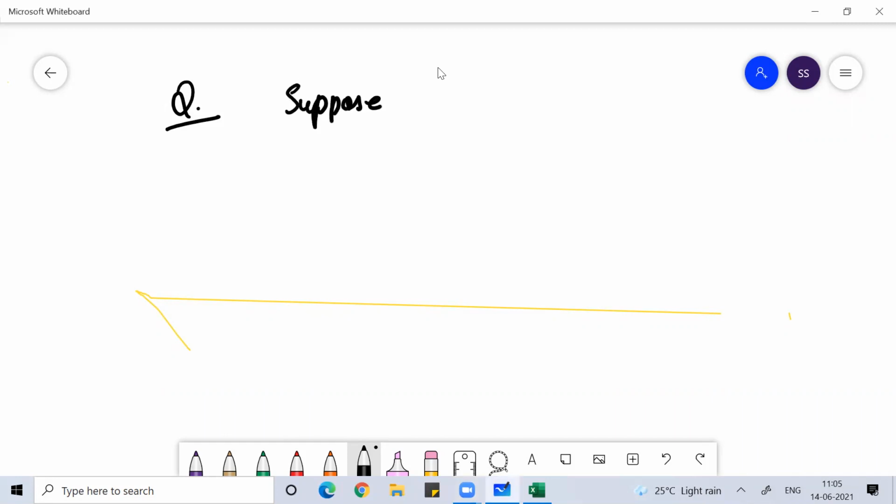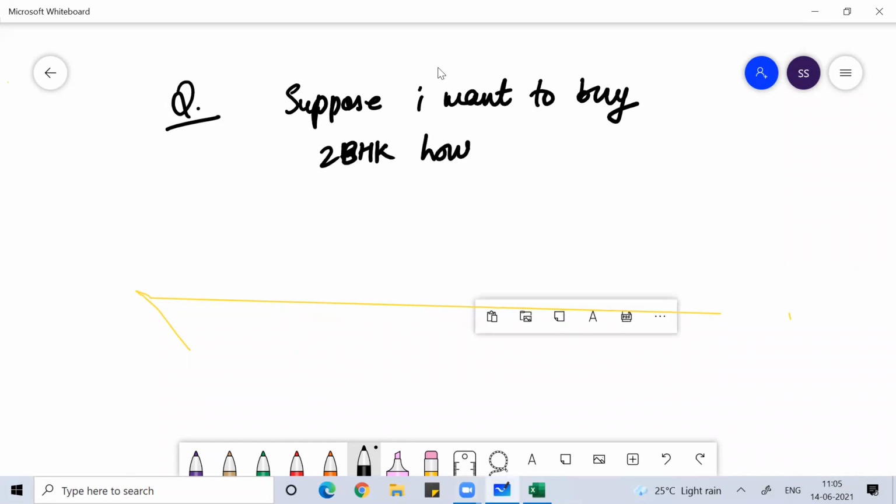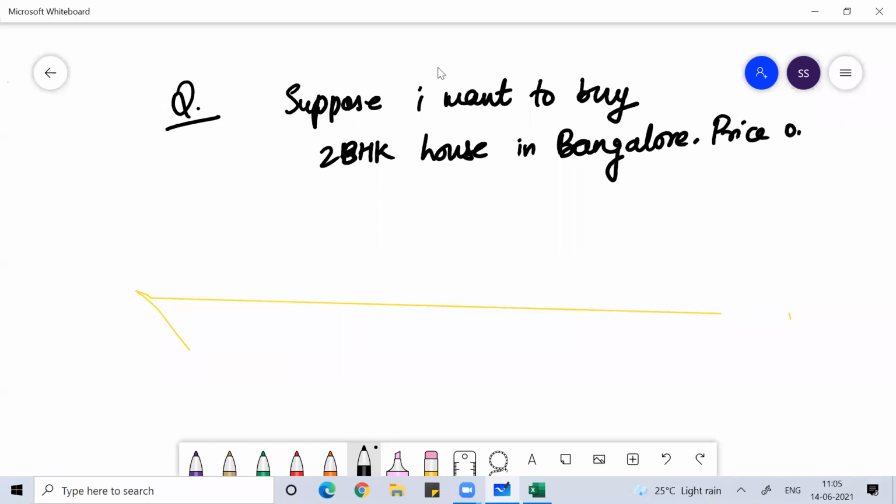Suppose my budget, I'm a middle class person. I want to buy a 2 BHK. I can't think more than that. I want to buy a 2 BHK house in Bangalore. The price of a 2 BHK house in Bangalore is around 60 lakh rupees right now.